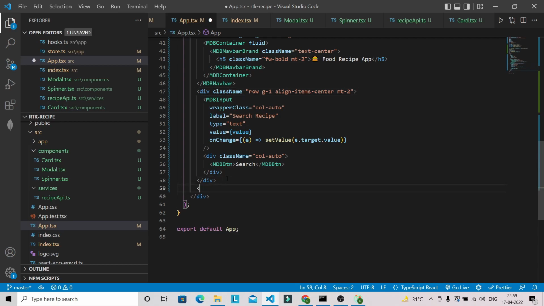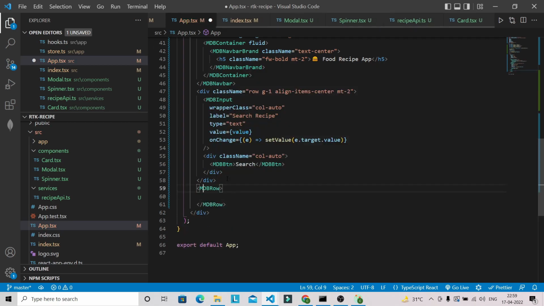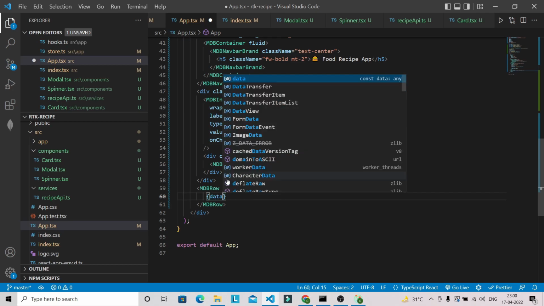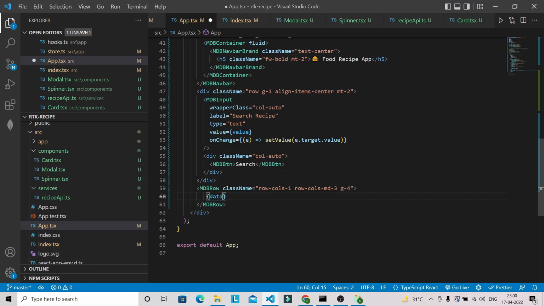we are going to have MDB row. Okay, and I'm going to use here class name row, row-cols-1, row-cols-md-3, g-4, and we have to target hits, as you can see that in Redux dev tool. So inside our hits we have our different recipe, so we have to target like this way: data dot hits,